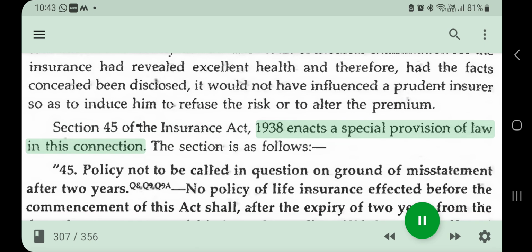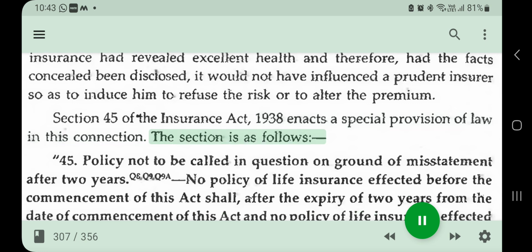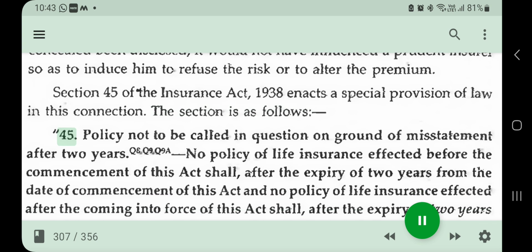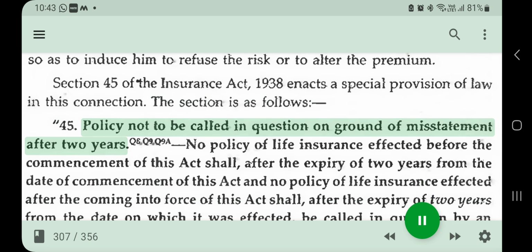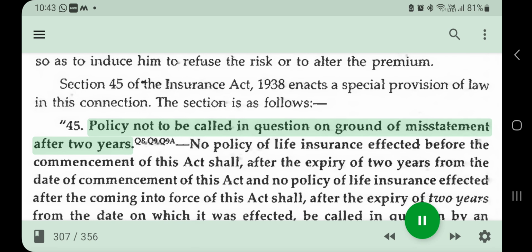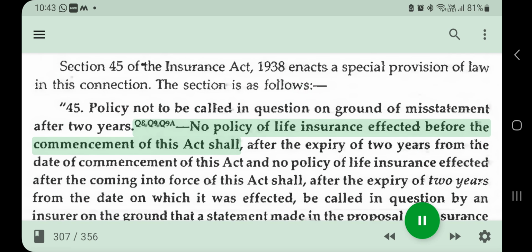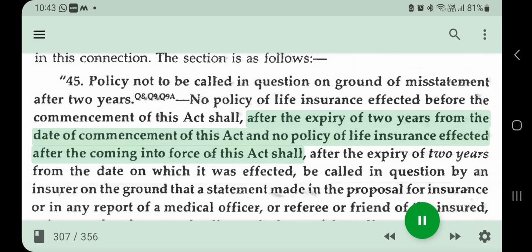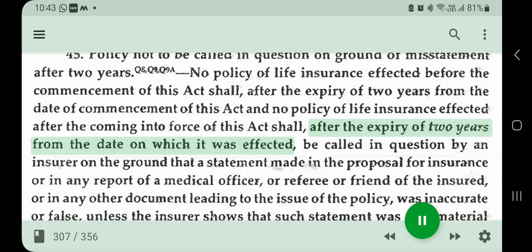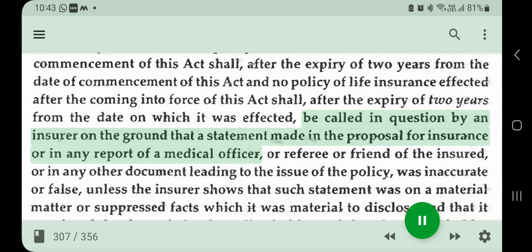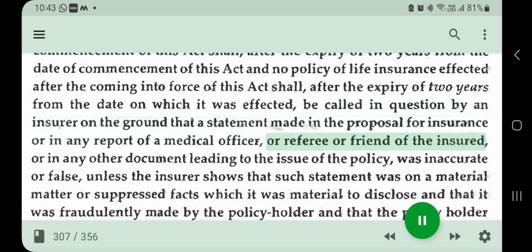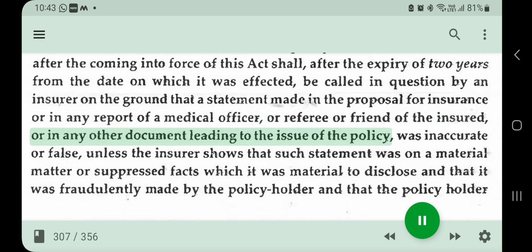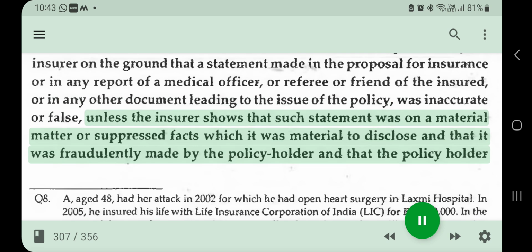Section 45 of the Insurance Act, 1938 enacts a special provision of law in this connection. The section is as follows. 45. Policy not to be called in question on ground of misstatement after 2 years. No policy of life insurance effected before the commencement of this Act shall, after the expiry of 2 years from the date of commencement of this Act, and no policy of life insurance effected after the coming into force of this Act shall, after the expiry of 2 years from the date on which it was effected, be called